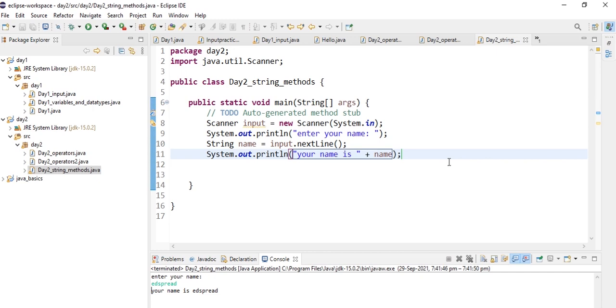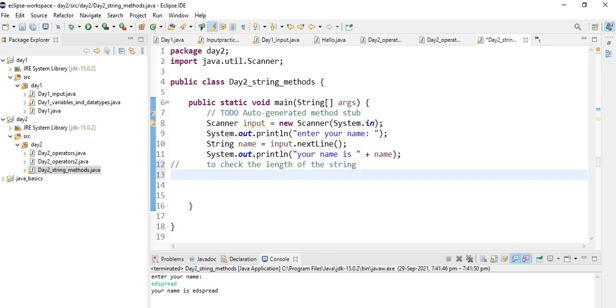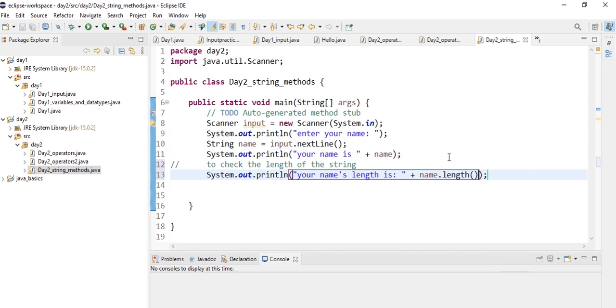So now let us learn how to check the length of the string. Let's write it in comments. So we are printing out your name's length is, we're concatenating, and we're printing out the name.length function, and let's execute this.